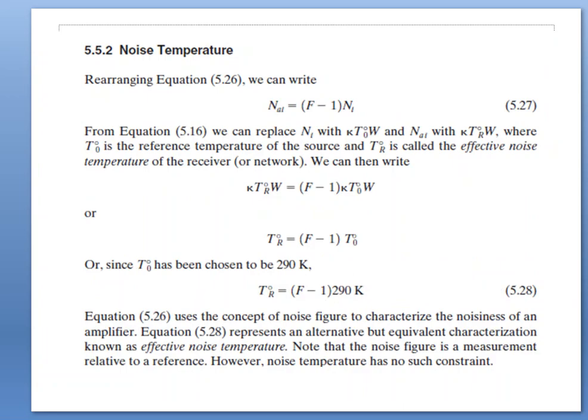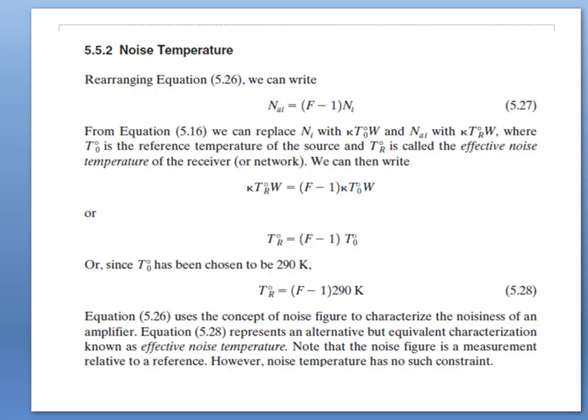Now coming to the next topic, noise temperature. Based on the above equation, we can rewrite Na = (F - 1) Ni. From equation 5.16, we can replace Ni with k T0 W and Na with k Tr W, where T0 is the reference temperature of the source and Tr can be called the effective noise temperature of